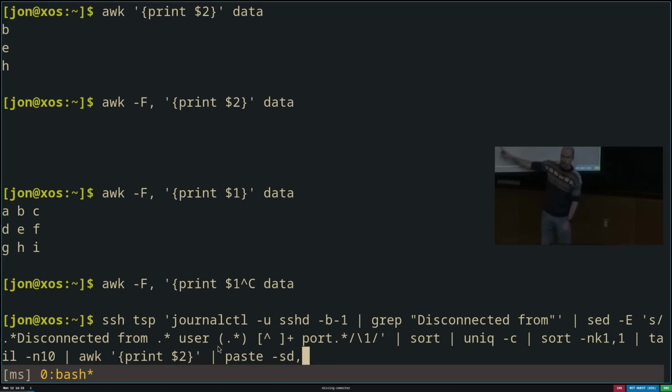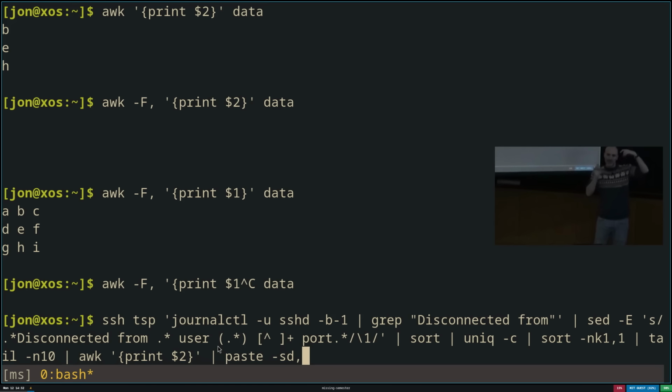The -c argument to uniq prints the count of any that were duplicates. So if the word John appears 3 times in a row, it will print John 3 instead of John, John, John, or instead of just John. So it gives me the count. Then I sort that output numerically, -n, using the first column, the column that contains the count.